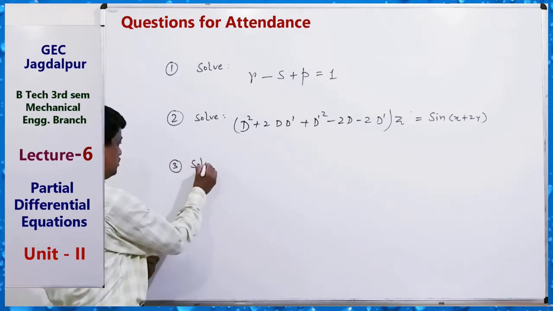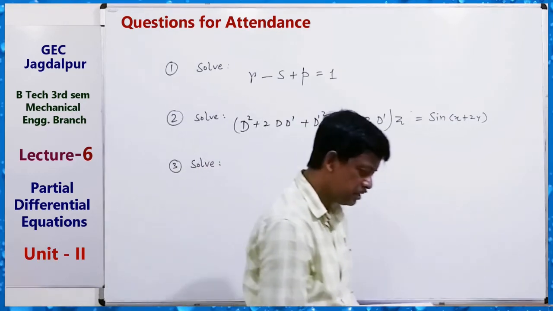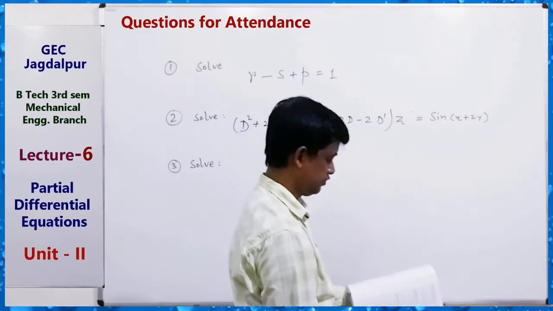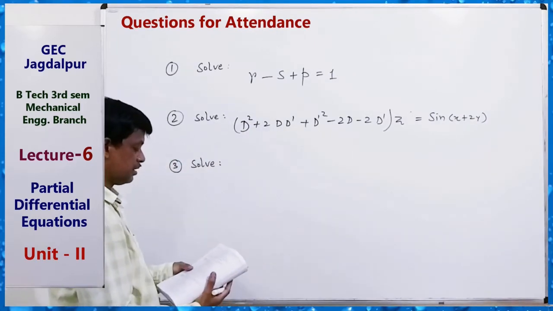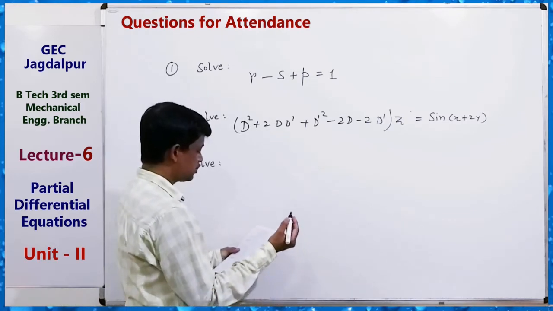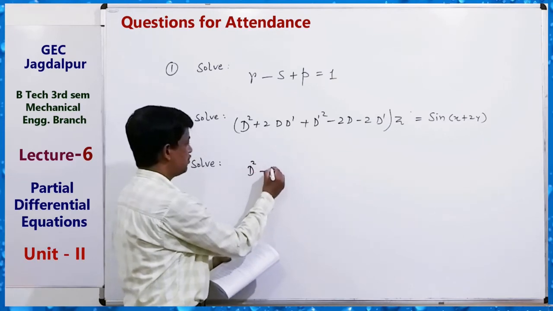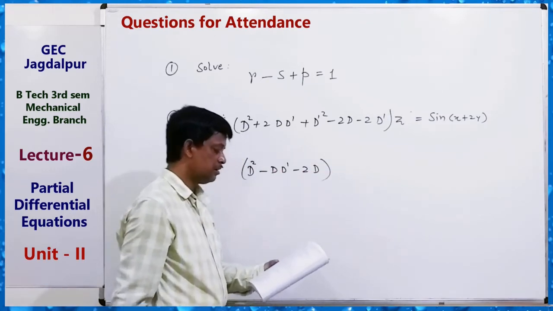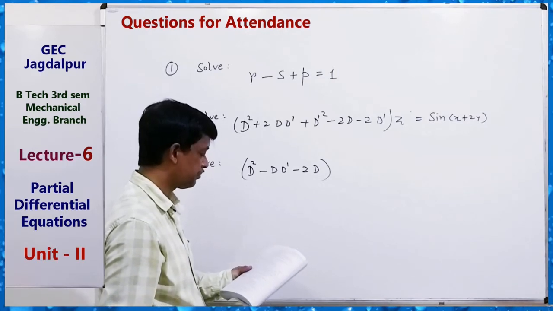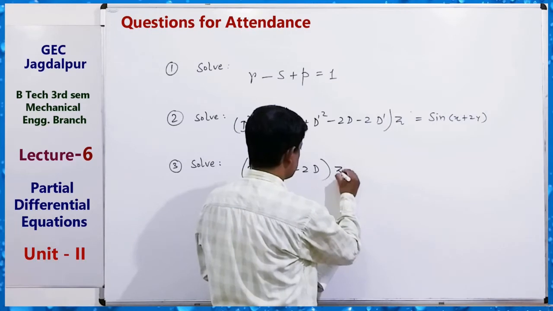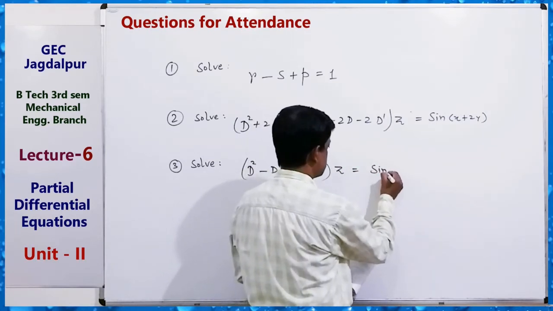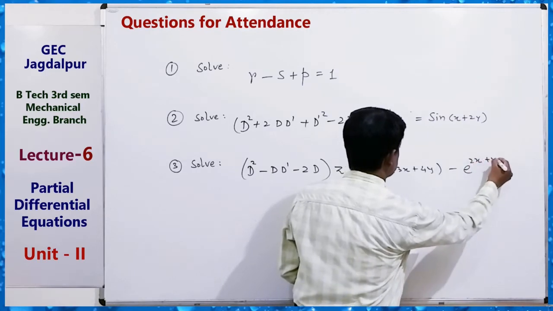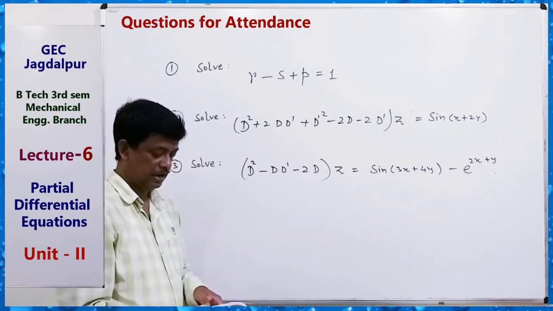Third question. Solve. Third question is (D square minus D D dash minus 2D) z equals sin(3x plus 4y) minus e to the power (2x plus y). Okay, and